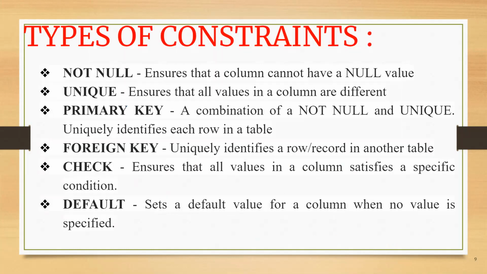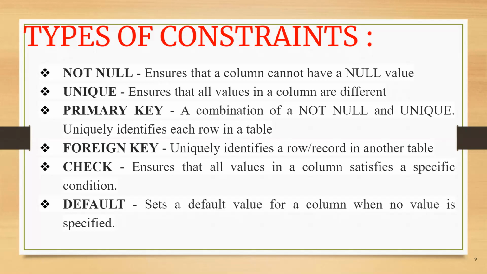Next, we are going to the topic that is types of constraints. Whenever we talk about constraints, they are something that will enforce limits to your data, or the type of data, on which you are performing operations, like inserting your data, updating your data, and deleting your data from a table. The main purpose of constraints is to maintain the data integrity whenever you are performing any kind of operations on your table. Mostly the operations which we use on the table are insert, update, and delete. These are the three operations which are commonly used.